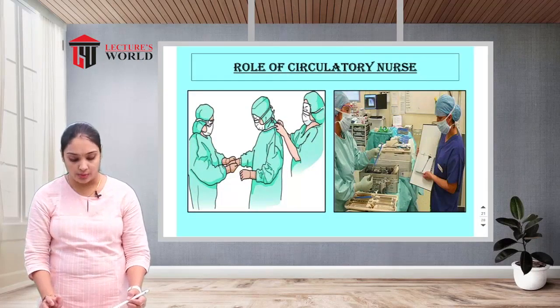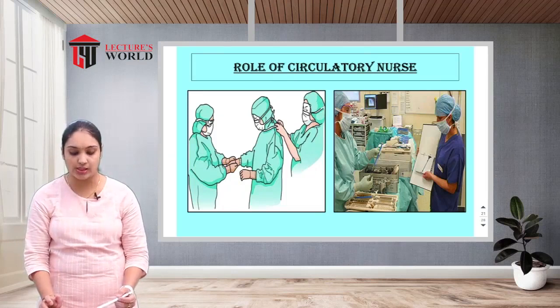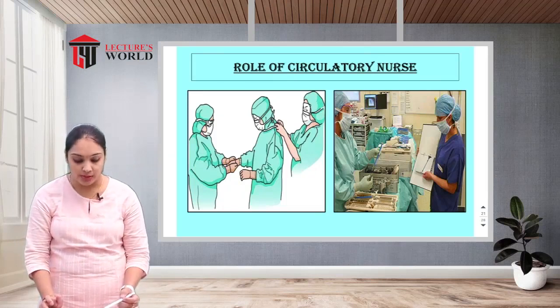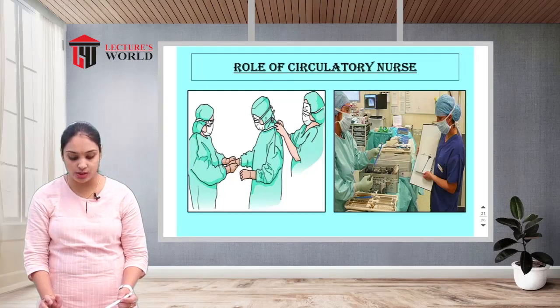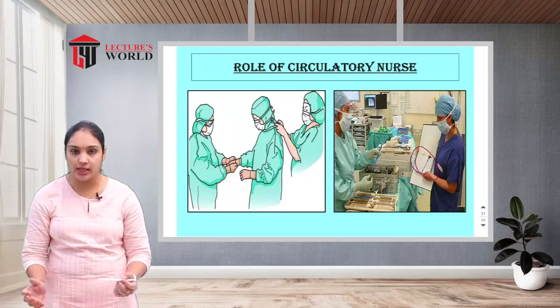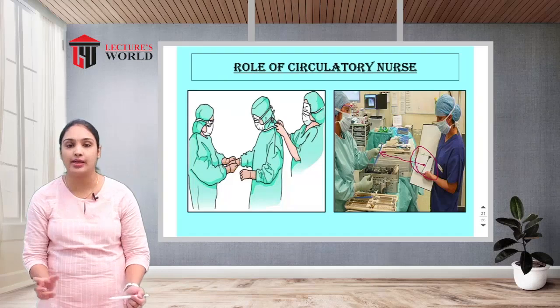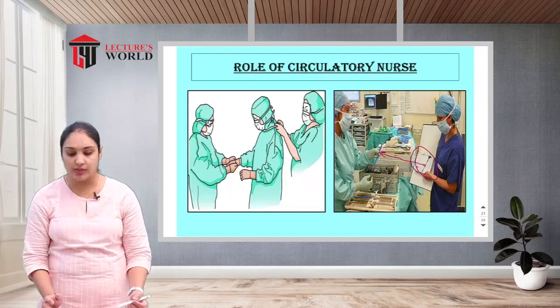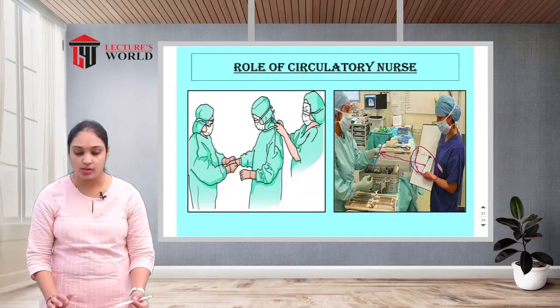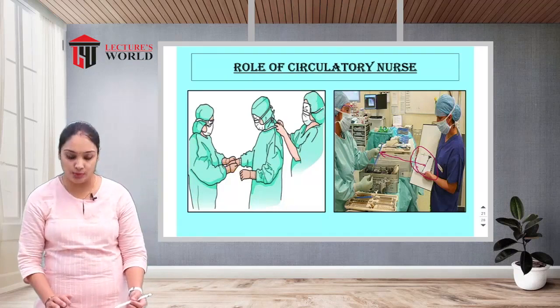In this figure you can see these are all the scrub personnel. They wear the gown, mask, cap and eye covers, and this is a circulatory nurse, who wears the OT dress. She is assisting the scrub personnel to tie up the sterile gown, and in this figure she is opening the sterile package, so the instrument can easily be picked up by the scrub nurse with sterile hands. They will maintain strict aseptic technique during the procedure.